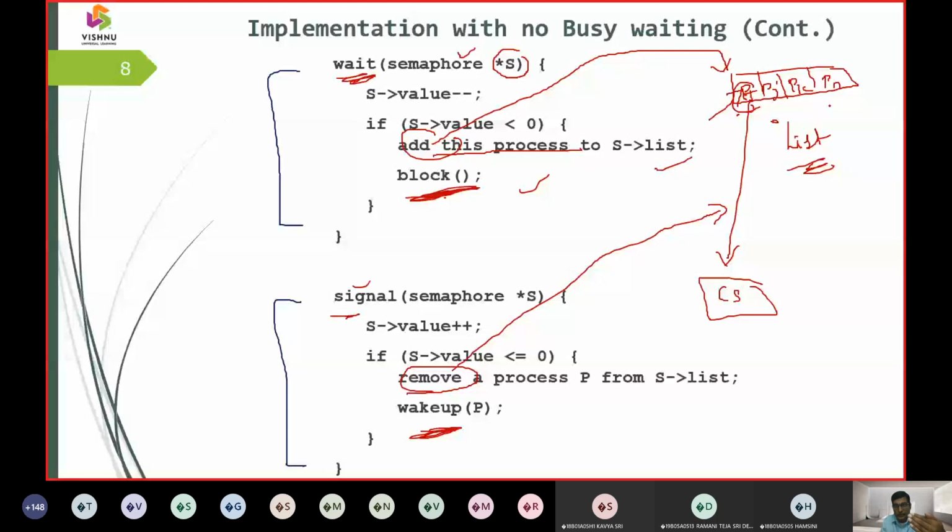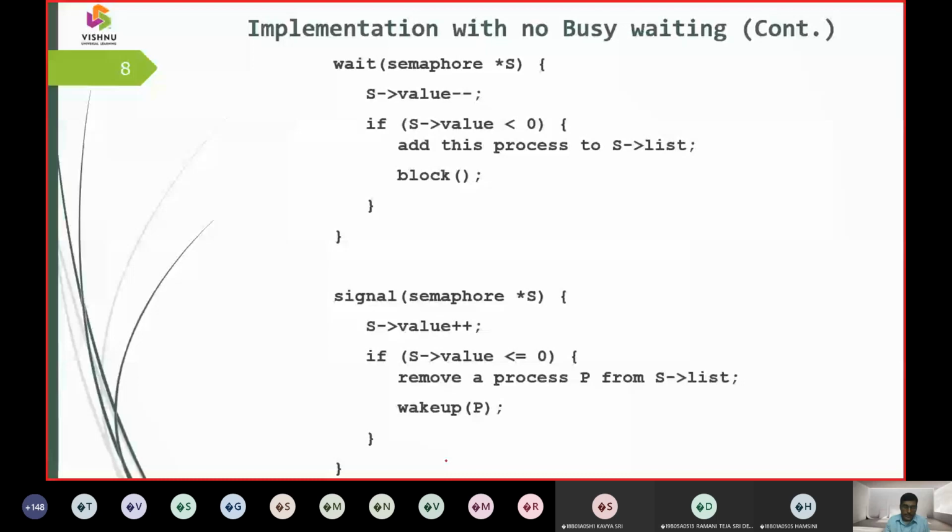Once that has been done, that means here we can say from ready state to the waiting state, the waiting queue. But now what is going to happen here? This is from running state to the waiting state, and here it is from waiting state to the ready state. So from waiting to ready, it is going to happen, and we are going to use a primitive called wake up.